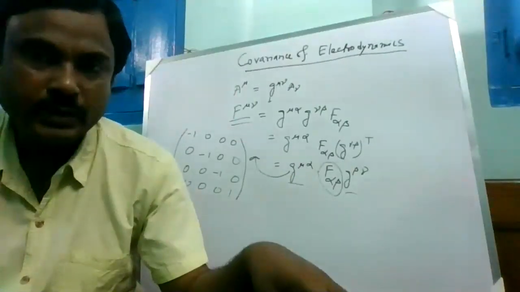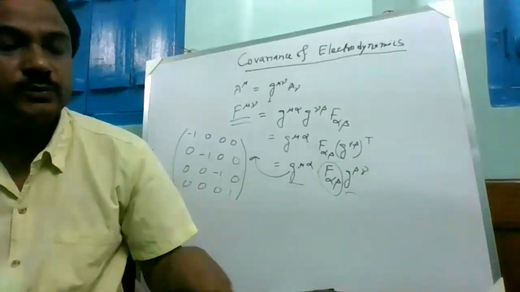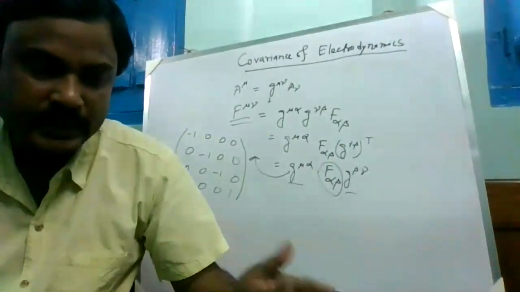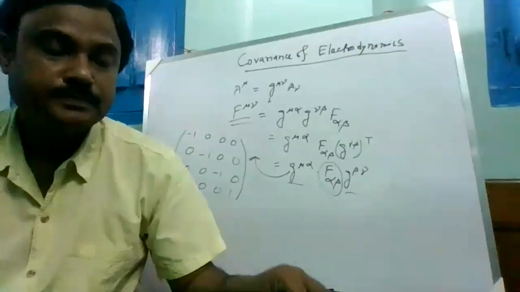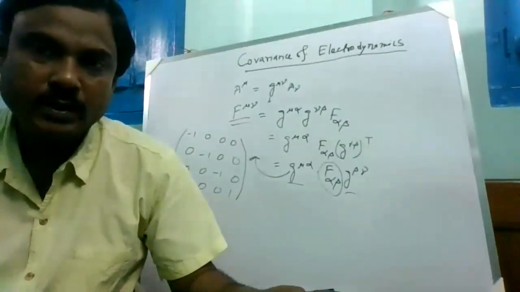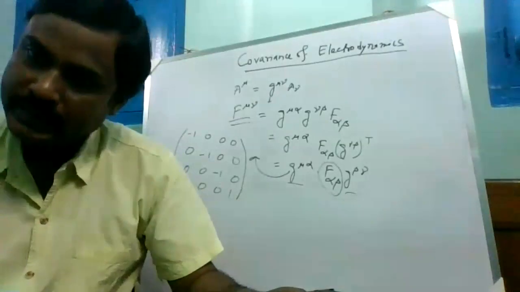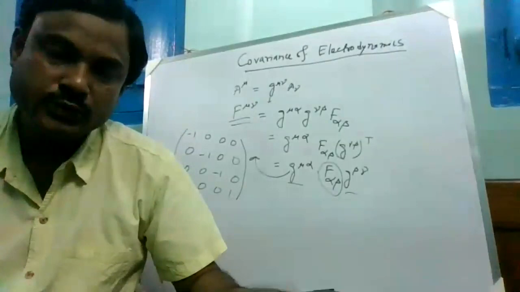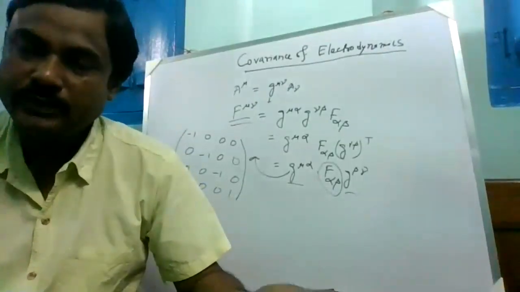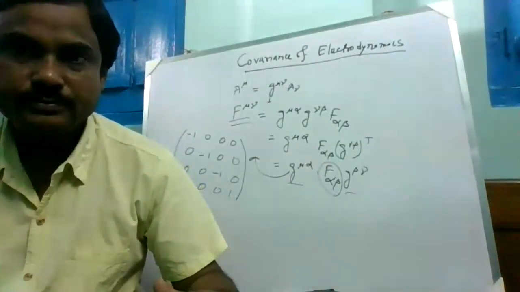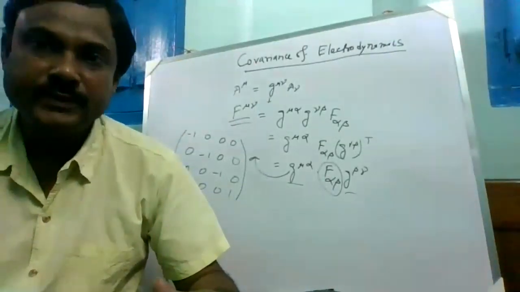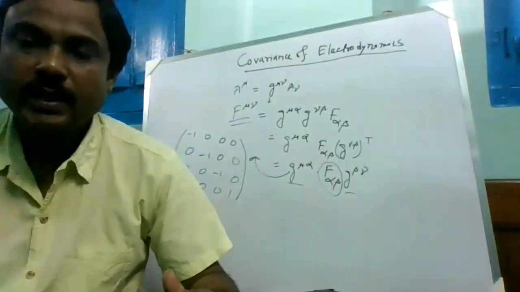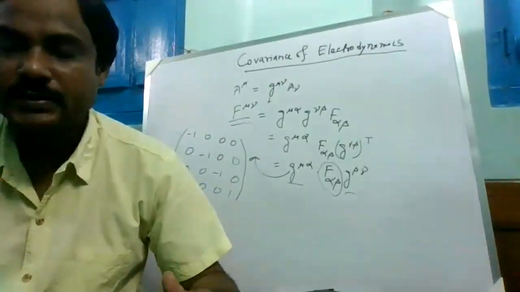So in a Lorentz frame, which is moving with a velocity, if there is a static charge there, then for the observer on the moving frame, there is only electric field. Whereas for the observer in the rest frame, with respect to which the charge is moving, there is electric field as well as magnetic field. So basically, electric field and magnetic field are components of a tensor. This tensor is called the field tensor.